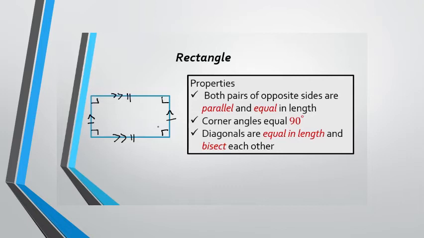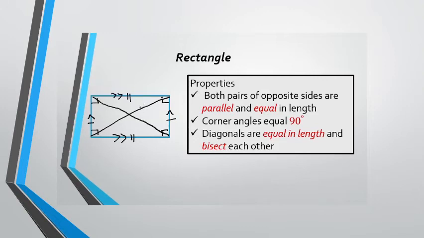By that I so far know that it must be a rectangle. But there's one more, the diagonals. Yes, I remember the diagonals are from vertex to vertex. So let me see if I can get it in again. Vertex to vertex, I'm close. What can I say about that? I know they say diagonals are equal in length and bisect each other. They're equal in length. Yes, from vertex to vertex, they have the same length, and they cut each other exactly